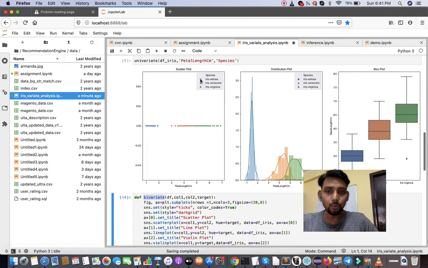Blue color indicates iris setosa. It's close to red or maroon color, I'm not aware of this color seriously, so I'm sorry. But let's say it's red color, which indicates iris versicolor, and green color indicates iris virginica, right?